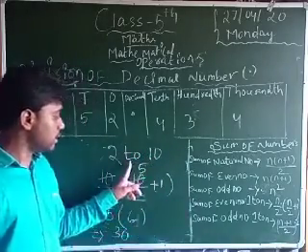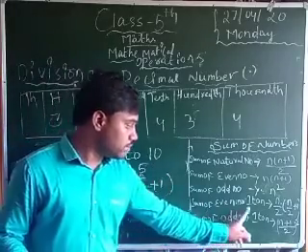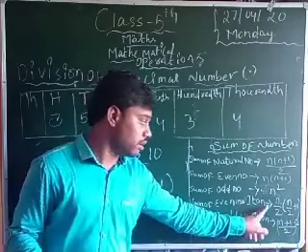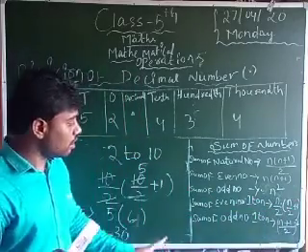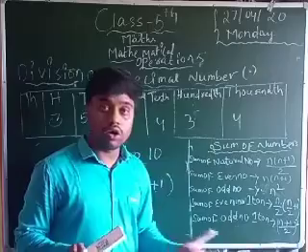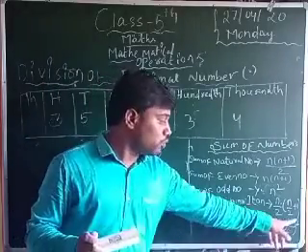Now this type of question with 2 to 10 is the main important one. This formula, 1 to n, where n is the ending number: n by 2 into n by 2 plus 1. Now similarly, for the sum of odd numbers 1 to n, the main important formula is n plus 1 by 2, whole square.